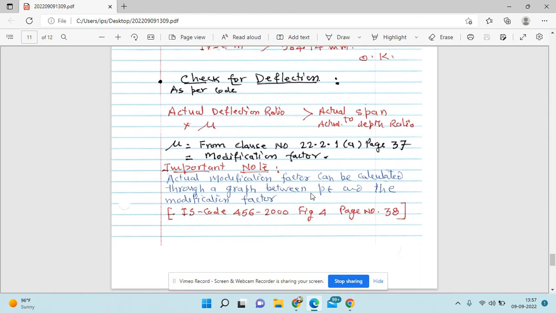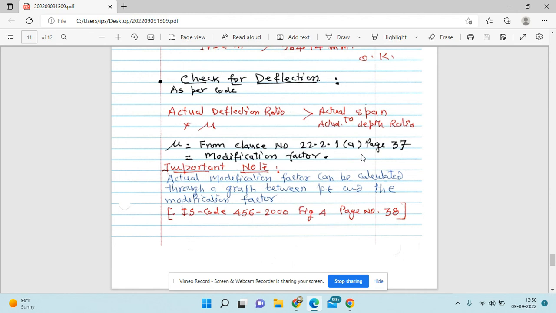Now the final check is the check for deflection. Check for deflection is nothing but, from the mathematical expression given over here, actual deflection ratio when multiplied by the actual modification factor should be greater than actual span by actual depth ratio. Just to find out the value of the actual modification factor, we again go to a curve